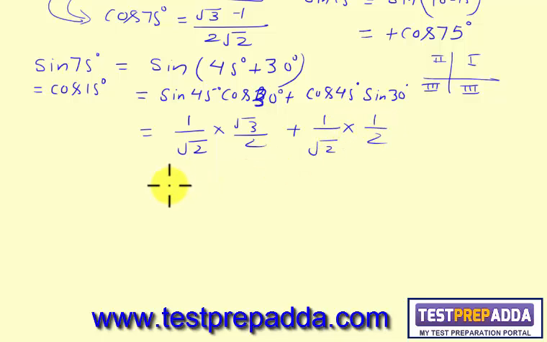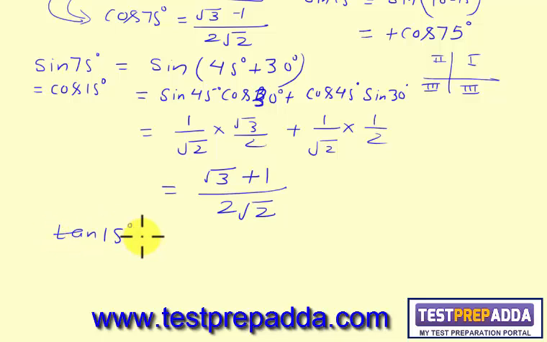Sine 30 is what? 1 by 2. So it comes what? Root 3 plus 1 by 2 root 2. This way we get sine 75 degree, which is equal to cos 15 degree. Okay, and once you know these values, you can easily get